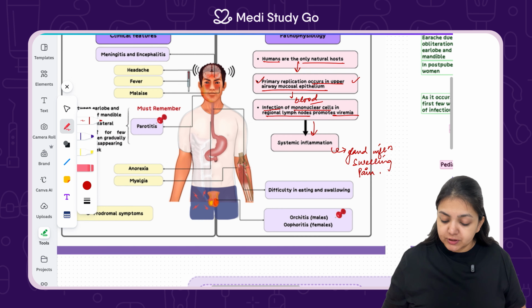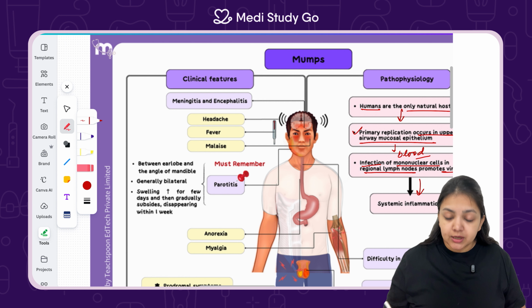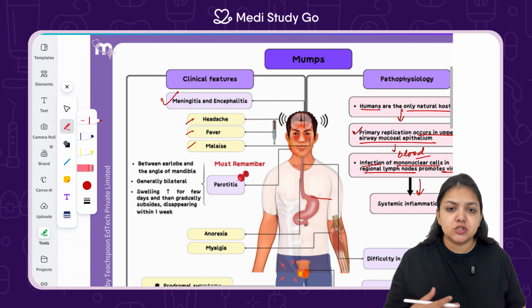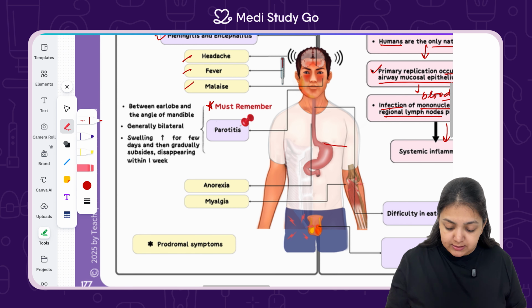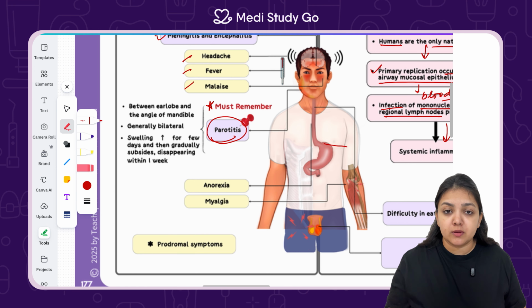So what are the clinical features which the patient is going to present with? There is going to be generalized inflammation of the body. So the symptoms can vary according to the amount of viral load which is present in the body. So there can be meningitis and encephalitis in the nervous system, headache, fever, malaise because generalized inflammation and infection is present. The must remember point over here is that parotitis is going to be there, which is inflammation of the